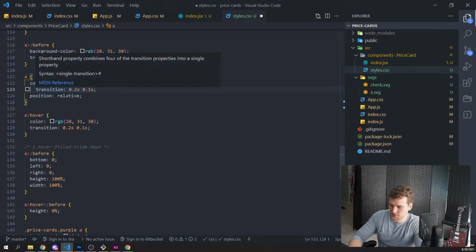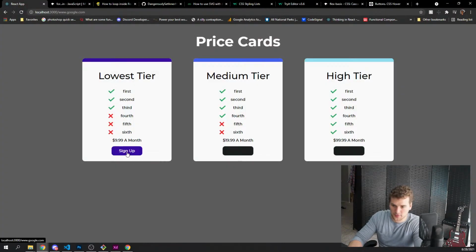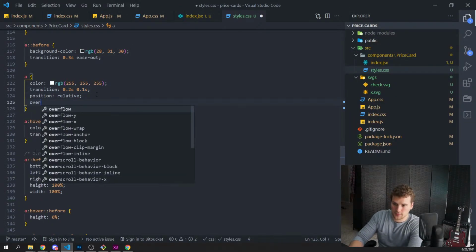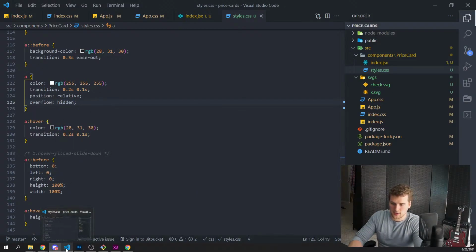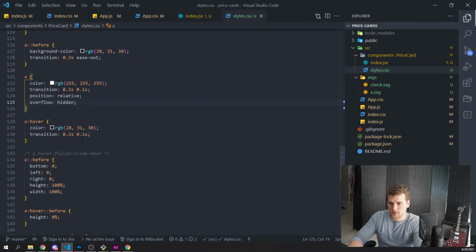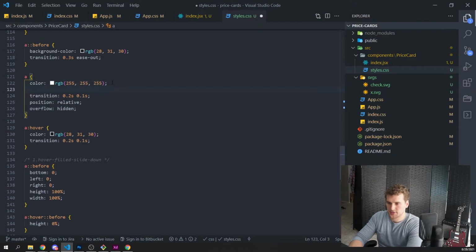Actually, what happens if we remove this border? What role is that playing in this? Yeah, I don't think we need that. That border radius on the bottom is making it look weird in that slide off effect. I think if I just do overflow hidden on the A elements, that'll fix that though. So if we do overflow hidden, now we go back to our code and boom, now it's nice and slidey off. Before, these edges, you could see the box sliding off those edges and it looked kind of off. So A, we want the background to be FA on hover.